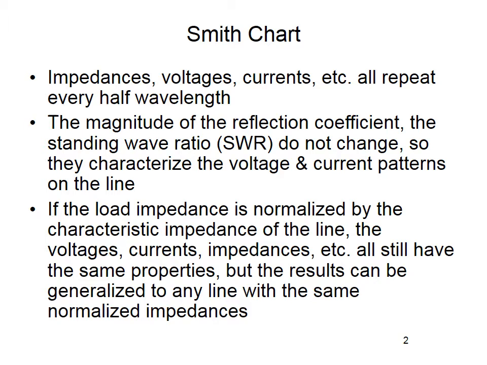This Smith chart plays a very important role. With the help of this Smith chart we can find many parameters related to the transmission line, like the impedances, voltages, currents, which we repeatedly use to find out every half wavelength. Even the standing wave ratio, in terms of the voltage, that is the voltage standing wave ratio, the reflection coefficient, and many more things can be easily found out with the help of this Smith chart.